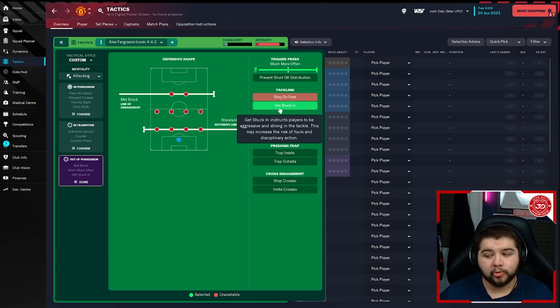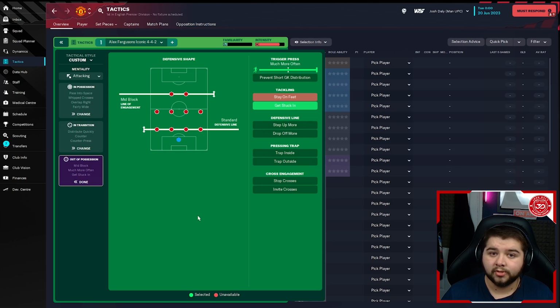Sometimes you do pick up a lot of bookings doing this, but it is quite good. It just means your players are aggressive when they go into challenges, and that is sometimes good because they will win the ball back, and obviously sometimes it's good to have a little bit of aggression in football. But if you are getting too many bookings, and it's frustrating you, the one thing I'd definitely look to take off